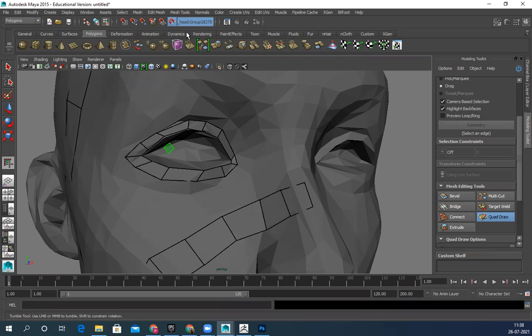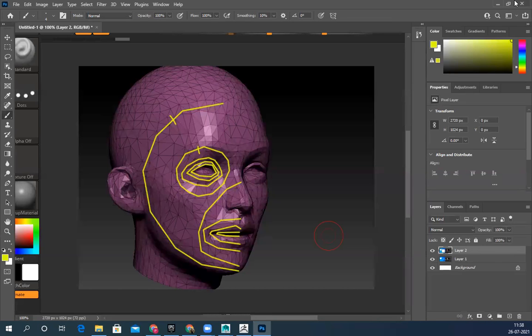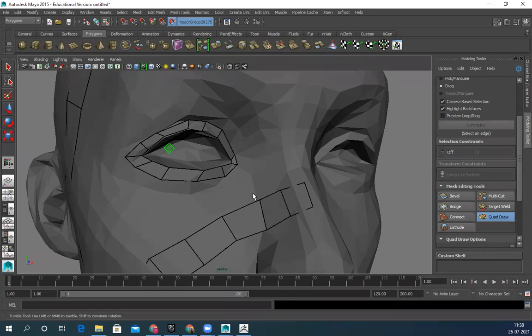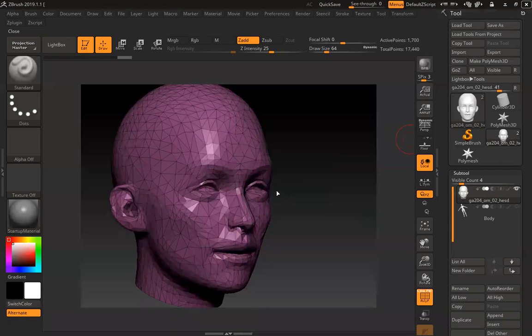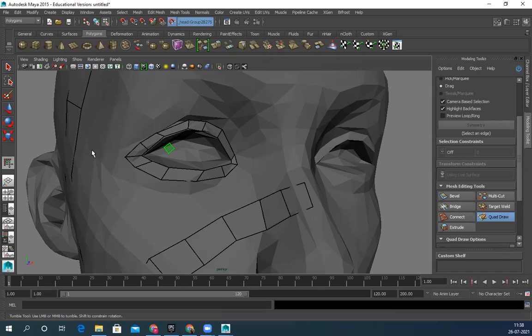Why is it stuck? What happened to my Maya? Suddenly Maya is stuck.